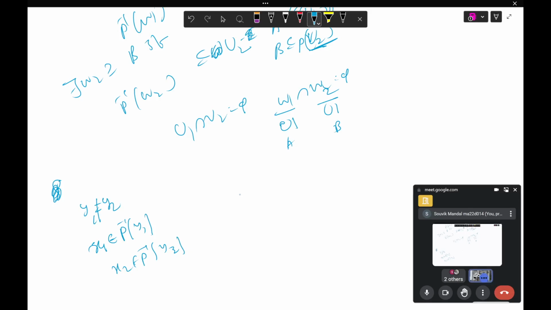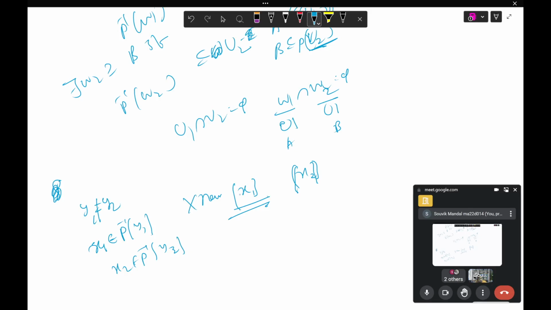Sorry, can you please repeat? Sir, because X is normal, suppose A and B are disjoint closed sets so that x1 is in A and x2 is in B. We choose a closed set U which contains x1. You can choose the disjoint closed set x1 itself, right? Because X is normal, so it is Hausdorff, so a singleton is closed, right? So you can choose the set x1. Then